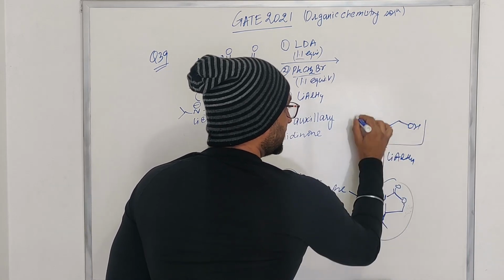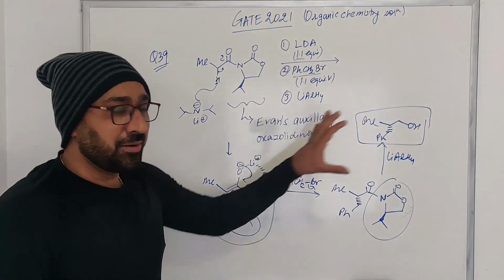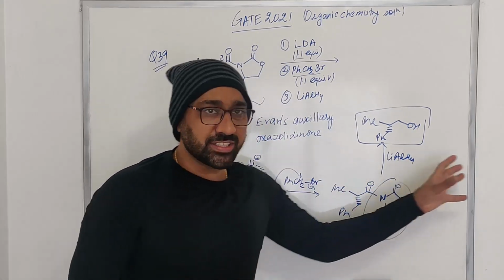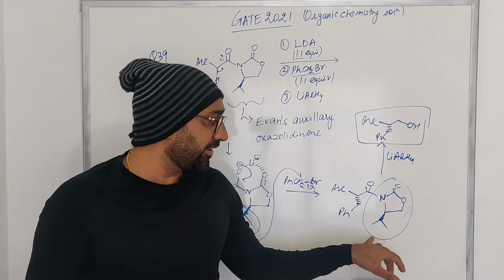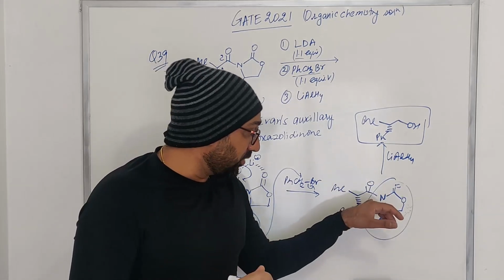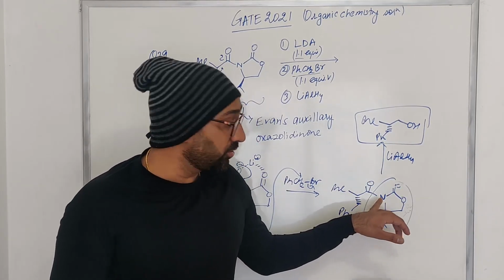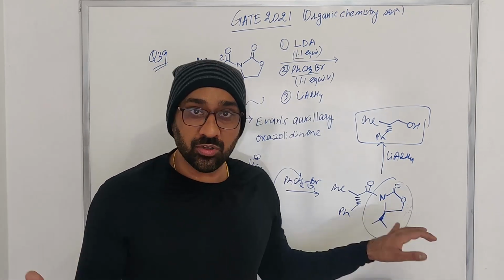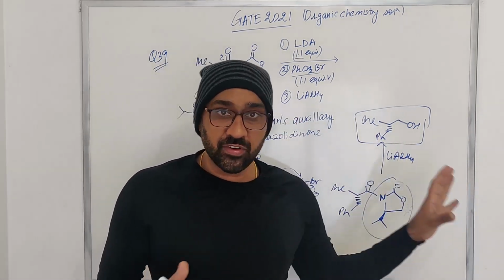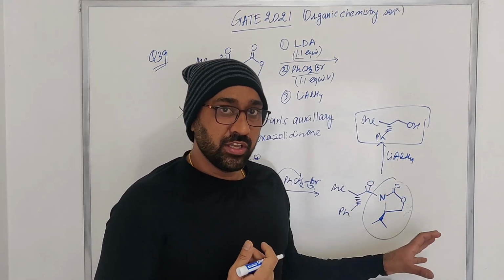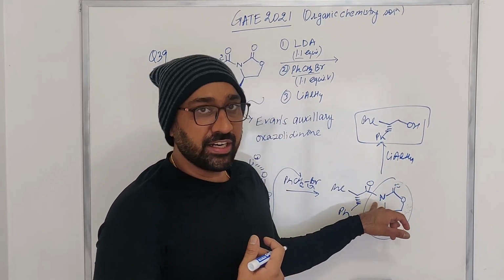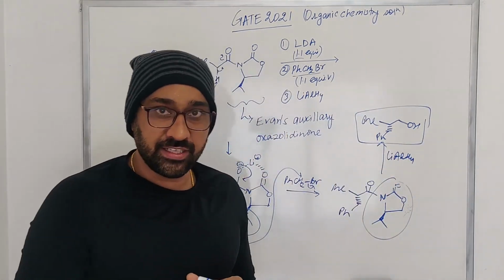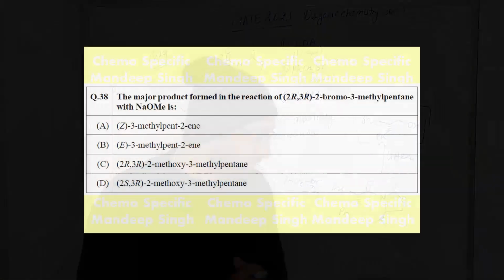So this was the correct answer in this particular case. And as I said, in the other video I have also discussed various other methods to get rid of this auxiliary, so that you can have an ester here, you can have amide groups here, you can have a carboxylic acid. I have described various methods to get rid of the auxiliary to have the various functionalities at this position. So this was the correct answer in this particular case. Now let's look at the other problem.